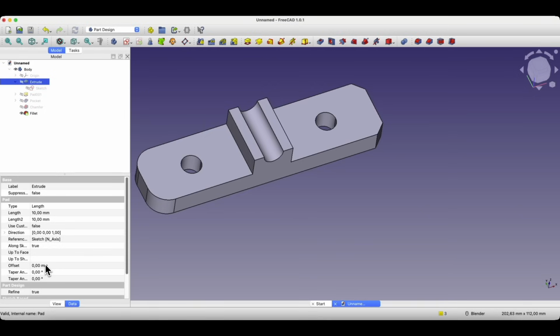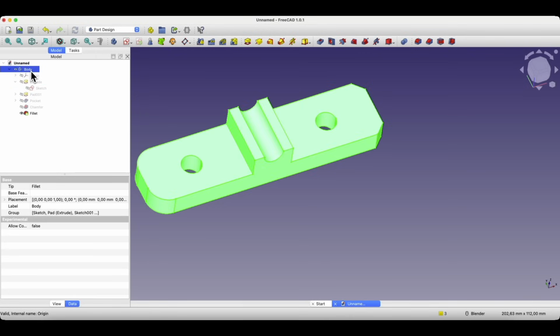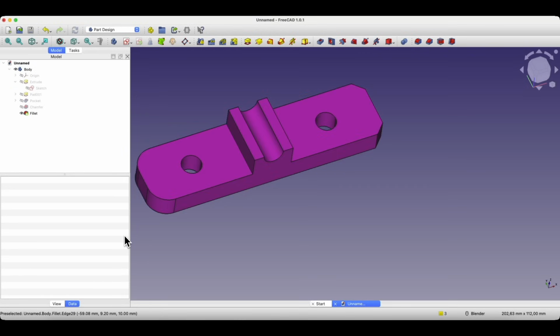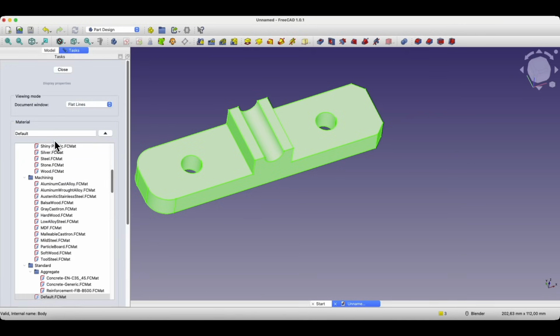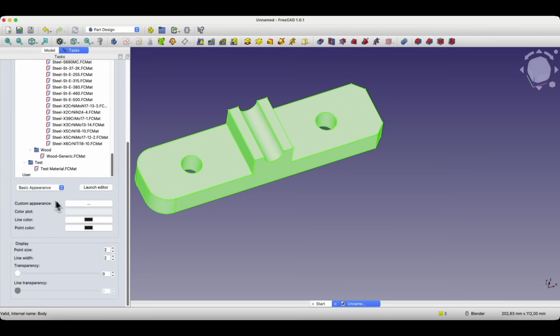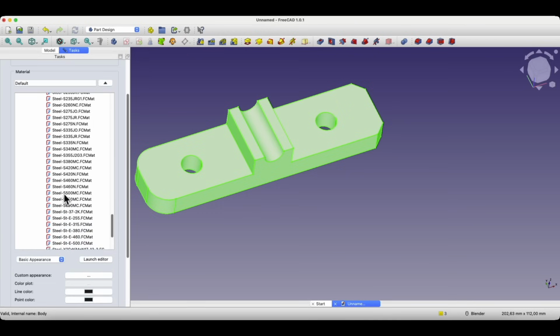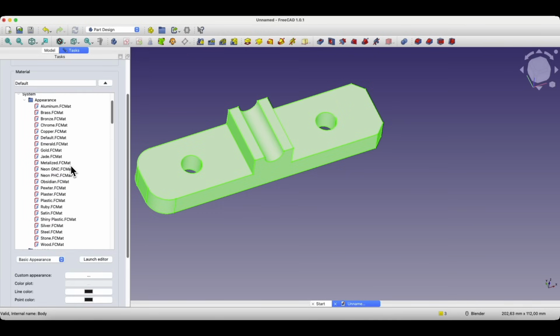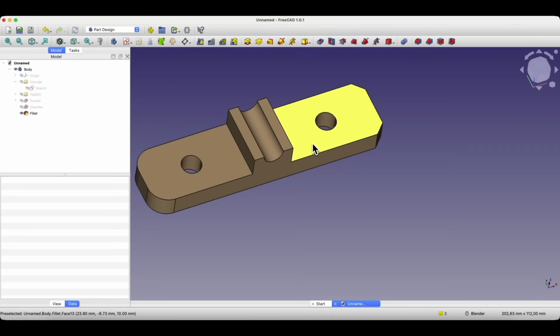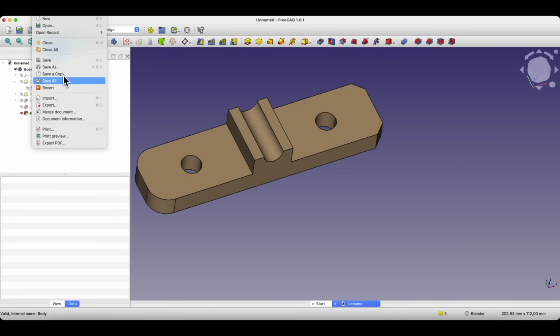If you want to change the color of the solid, right-click on the body and choose Appearance or Set Random Color. In the Appearance window, you can either choose a specific material, or you can manually select a color, and let's pick a material, for example, select stone and close it, and now the solid has a new color. And to save your project, go to the File menu and choose Save As, and then enter a file name